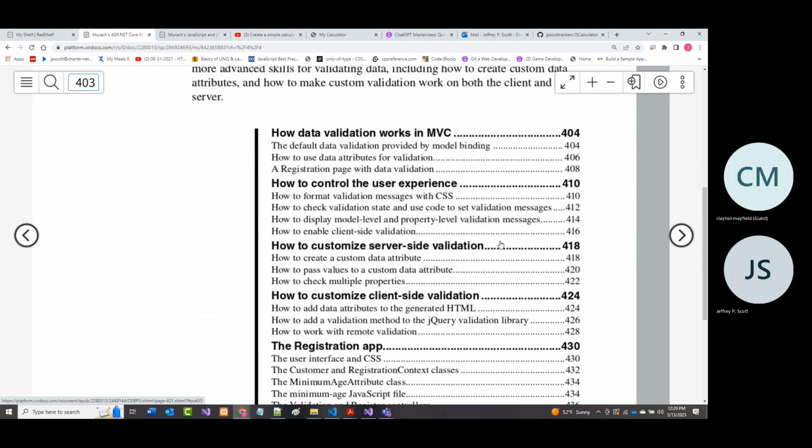You at least have an idea of how data validation works in MVC. We have used it, but we have used it almost totally in the guise of setting up an error message. We really haven't done much more than that. All right. So we're going to take a look, as it says here, at this registration page, and at a few other things that are in the chapter. Okay.